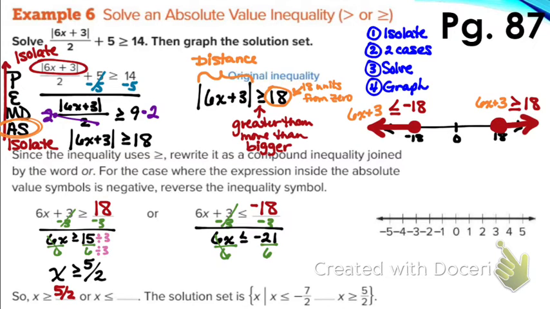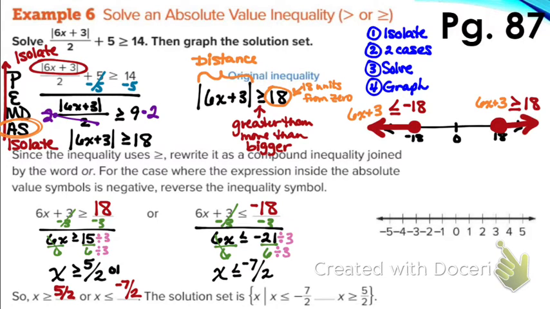If I do negative 21 divided by 6, do I get a whole number? No. I can reduce that fraction, though. You can always write it as a decimal if you would prefer. What goes into both 21 and 6? 3 again. What's negative 21 divided by 3? Negative 7. 6 divided by 3 is 2. So x is bigger than, to the right of, 5 over 2, or it is less than negative 7 over